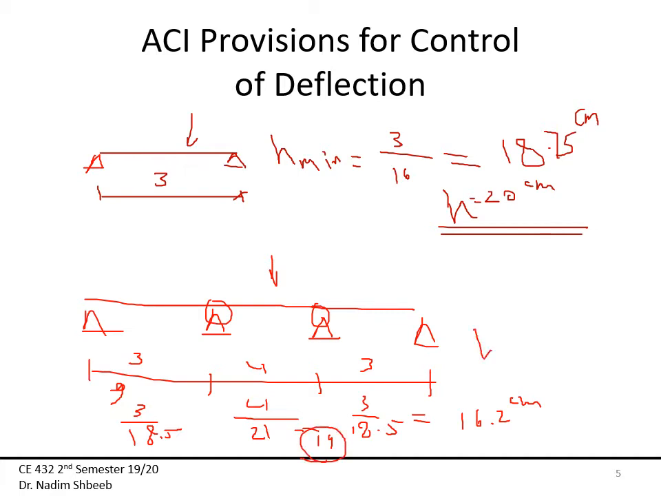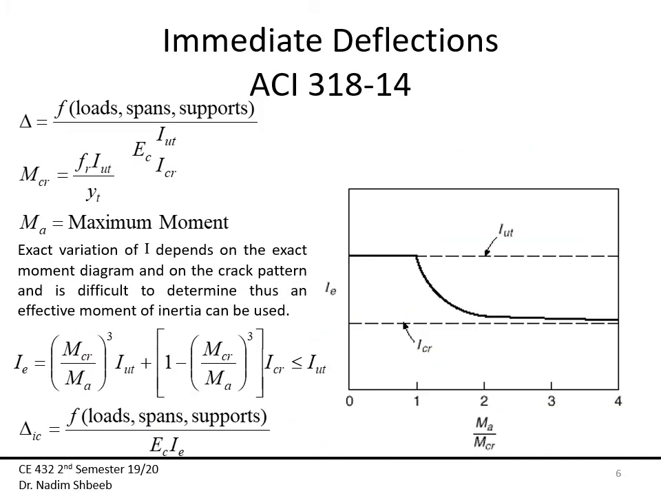So for design, I'm going to use here H is equal to 20 centimeters. Again, this is due to deflection only. You still have to check against shear and flexure. So I hope this is kind of showing you how we calculate the thickness by what we call the indirect means. Okay. Moving on to the immediate deflections, or this is the part where we actually are going to calculate